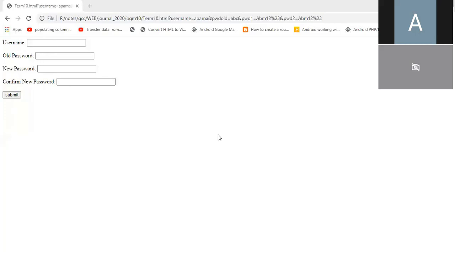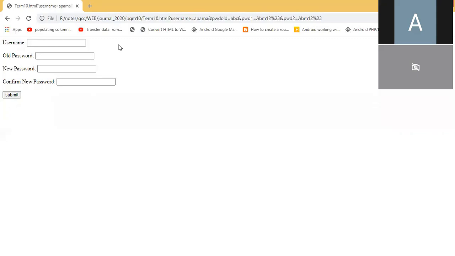Here we have to write a JavaScript code, and in this script we have to accept the username. We have to create basically 4 text boxes. So we have to accept the username. Now we have to check that the username should not be blank. Also, the username can have a combination of alphabets, digits, and underscore only. No special symbols will be allowed.